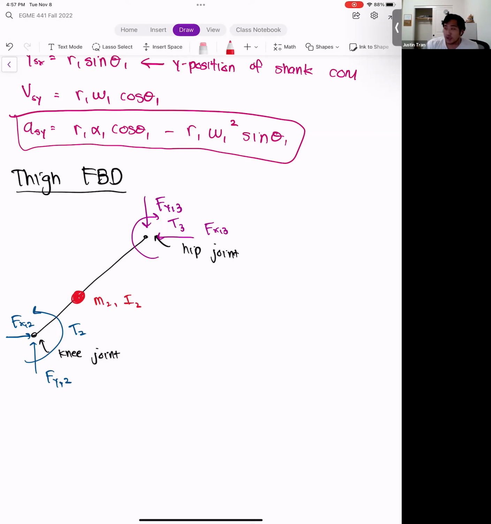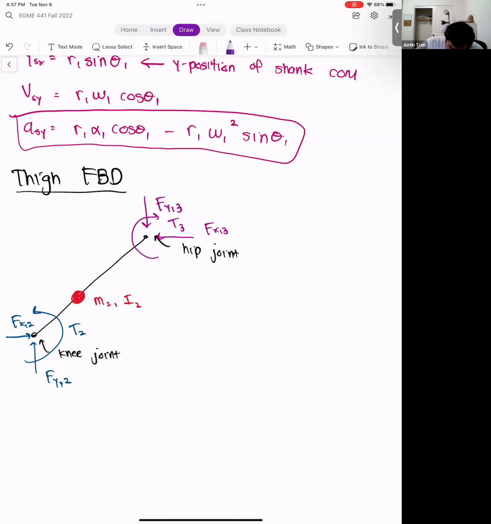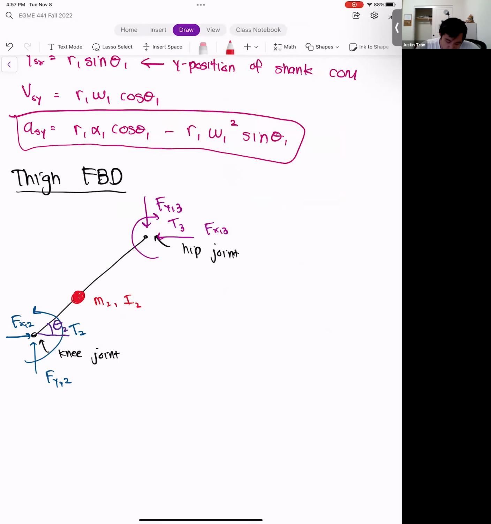All right, so the center of mass is located there. So we have M2, I2. We have the angle of rotation. And so we have the joint angle at the knee, and that's given as theta 2. And then we also have the locations of the center of mass as well as the total length of the thigh. So we have R2, and the total length here is L2. All right, so just like we did at the shank, we're going to form our equations of motion.